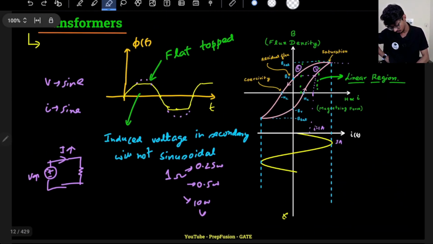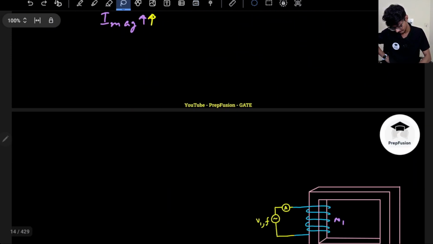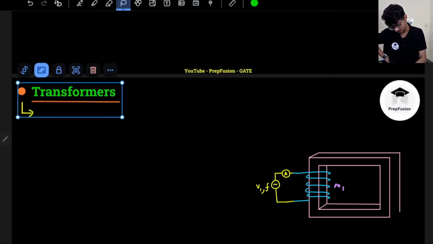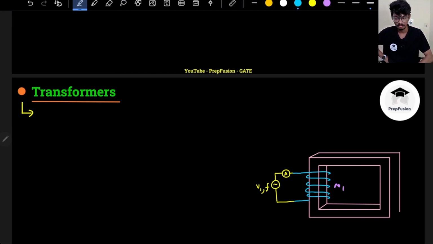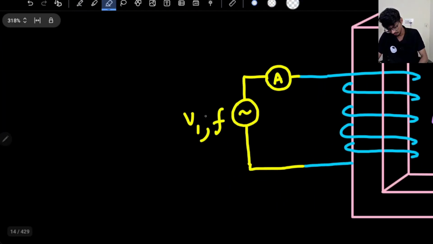So right now what we will discuss is this transformer will have both AC plus DC. This is why a transformer does not work on DC. We have discussed a bit of it in chapter 0 as well, but there we assumed the transformer to be an inductor because it was totally ideal. But let's say I'm giving AC plus DC. Now what will happen? If I'm giving AC plus DC, that means this will be some voltage V1 with frequency F,